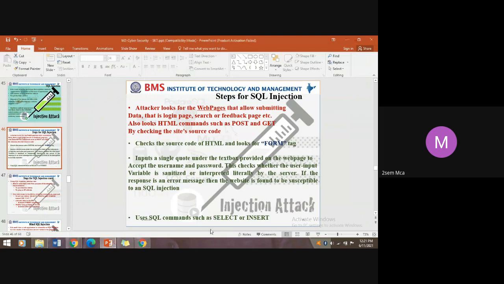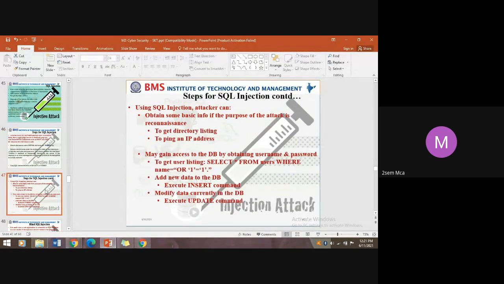Then after that, with the help of select or insertion, you can inject. The next step is using SQL injection, the attacker can gather information about where exactly the database is present in the directory of that system and which system has the database. Try to fetch the IP address of that system which has the database. Then you can gain access by injecting this SQL